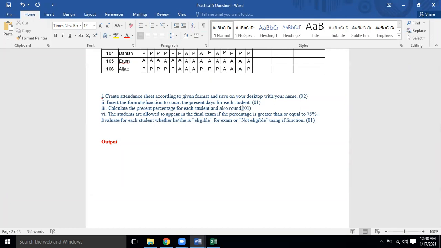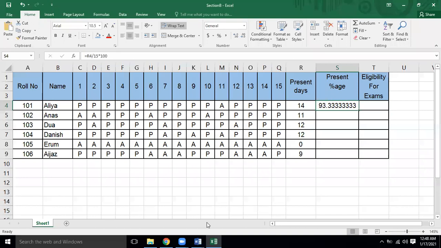Also round it off up to 2 decimal places. So one increase I have given over here. Yes, can anyone tell about it? We have got one function.